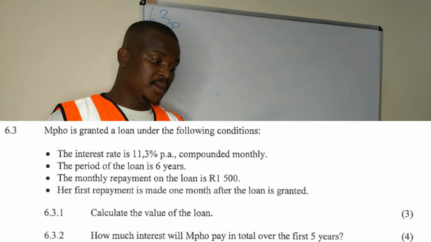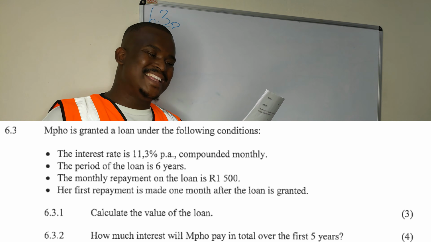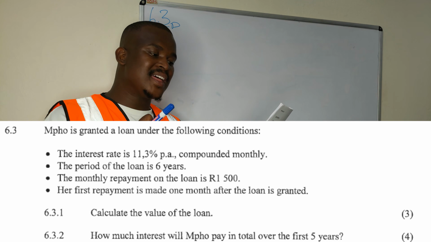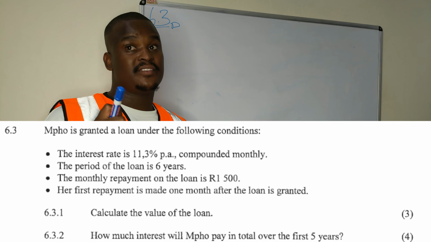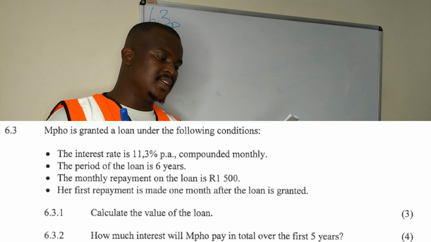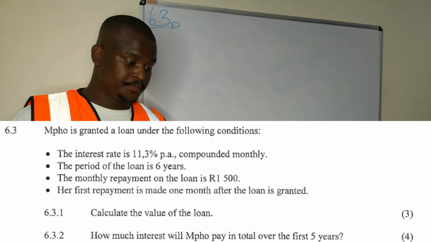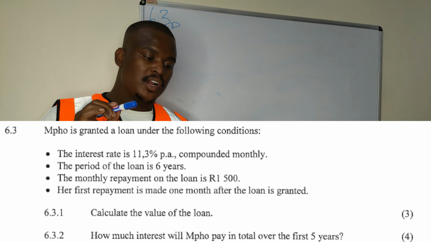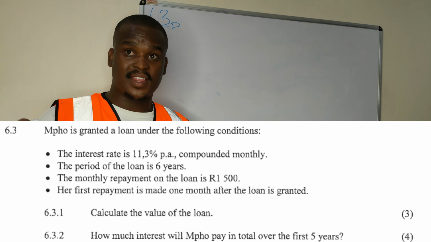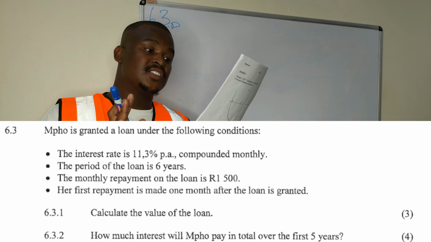The second condition, the period of the loan is 6 years, right? The third condition, the monthly repayments on the loan are 1,500. Her first repayment is made 1 month after the loan is granted. I'm going to read this again. Mpho is granted a loan under the following conditions. The interest rate is 11.3% per annum compounded monthly, which means the bank is going to charge